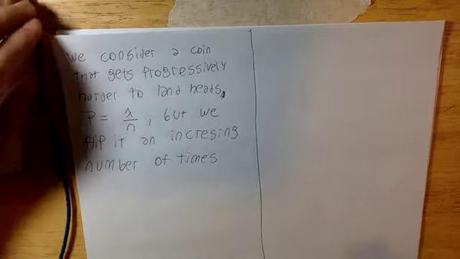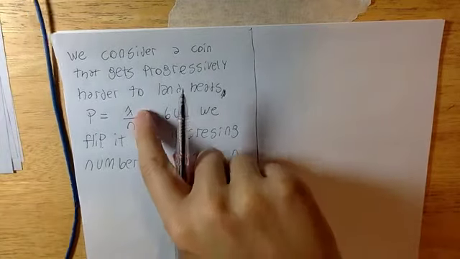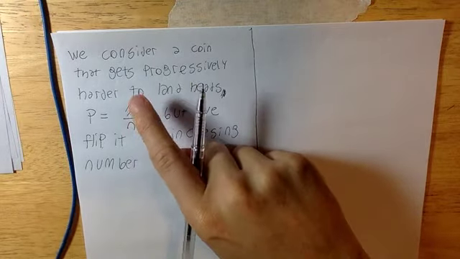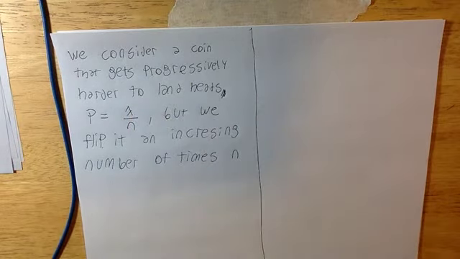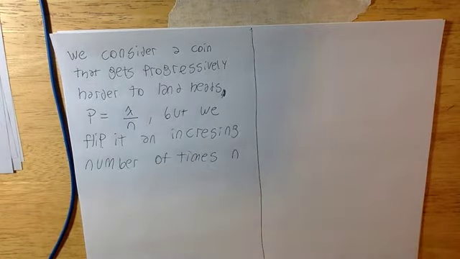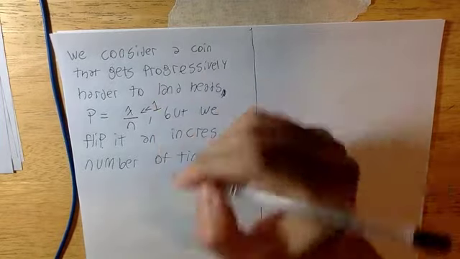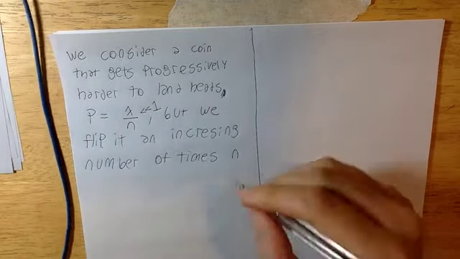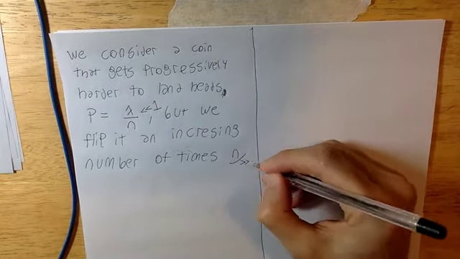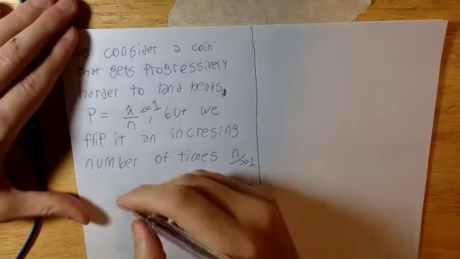Okay, so n. So basically, we have a coin for which the probability of heads becomes smaller and smaller. If I flip the coin once, the probability I get heads becomes really small. Let's say that this is much smaller than 1. But we do it so many times, n much bigger than 1, that what we expect is